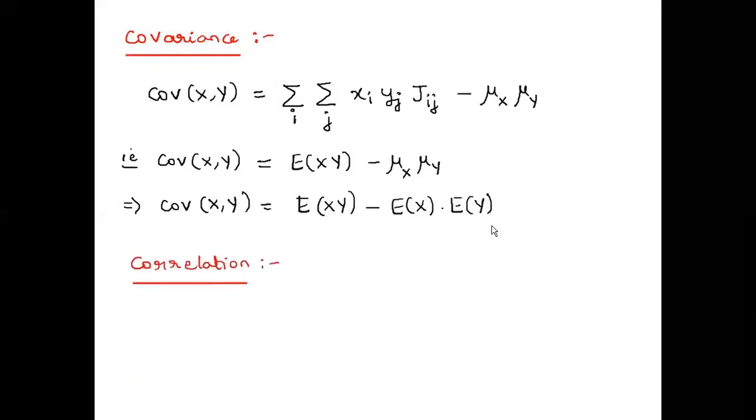Now we'll note down the formula for correlation. Correlation of x comma y is given by the notation rho of x comma y, and it is defined as the covariance of xy divided by sigma x into sigma y. Correlation is denoted by rho. Correlation of x comma y is given by covariance of x comma y, which can be found by this formula, divided by sigma x into sigma y, the standard deviation of x into the standard deviation with respect to y. This is correlation for us.